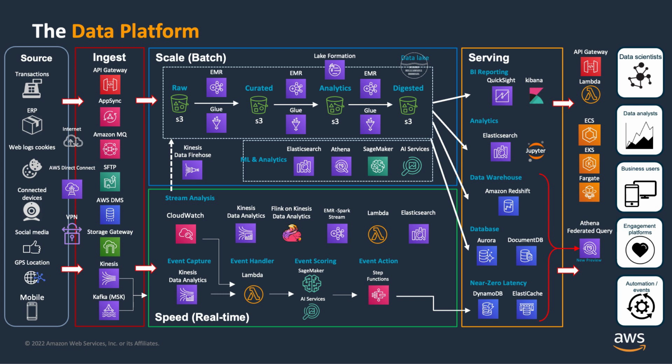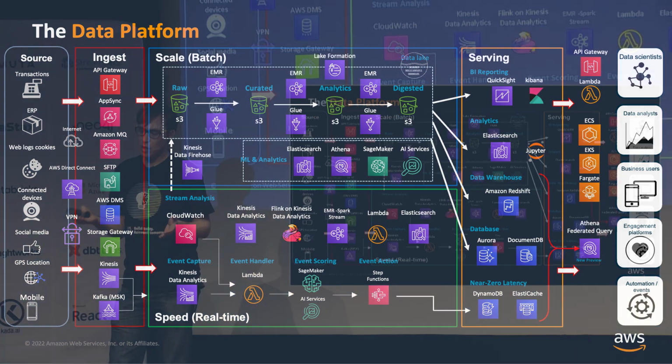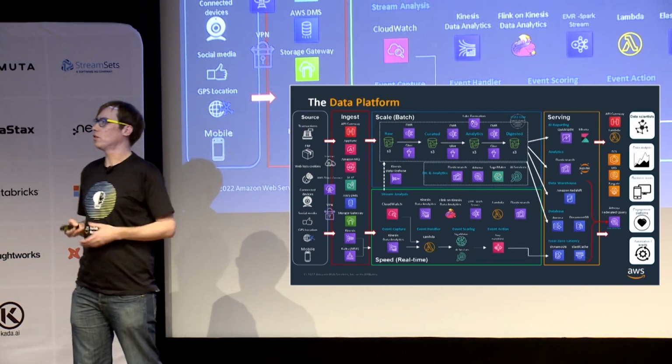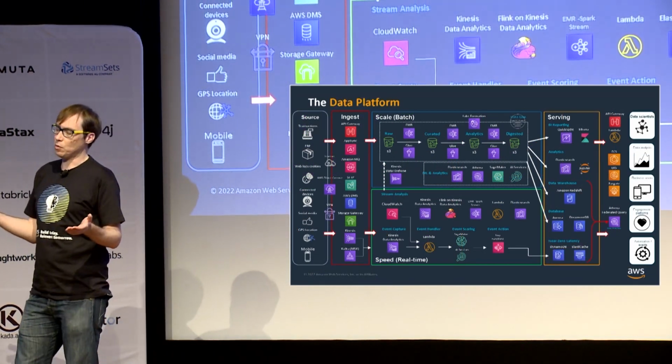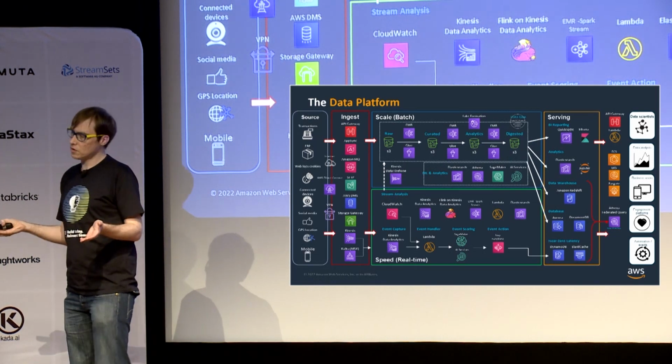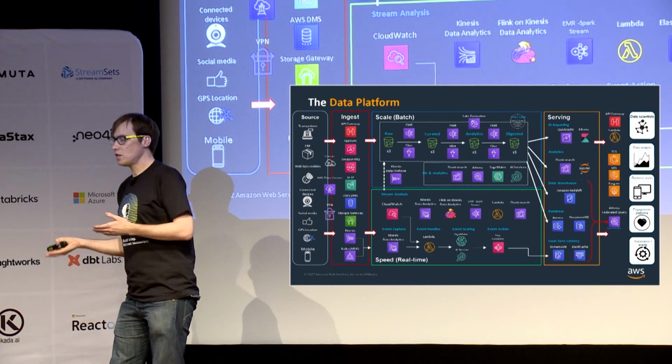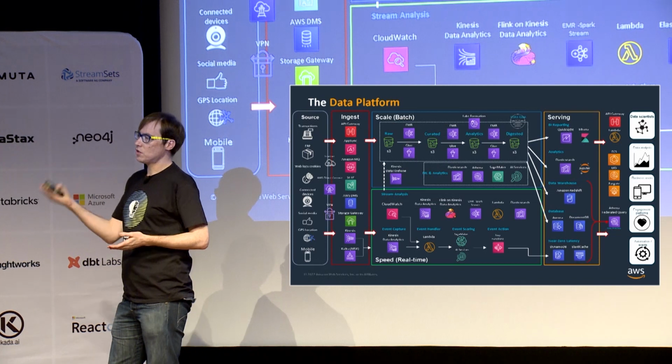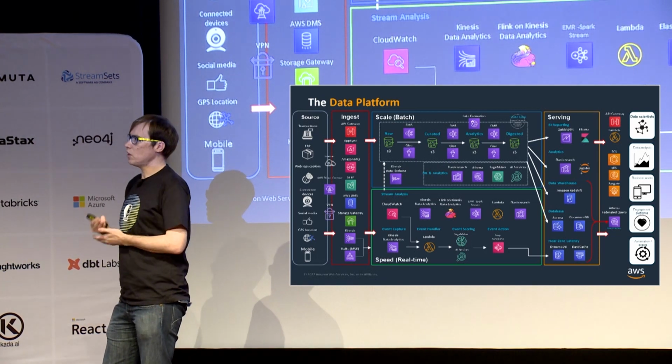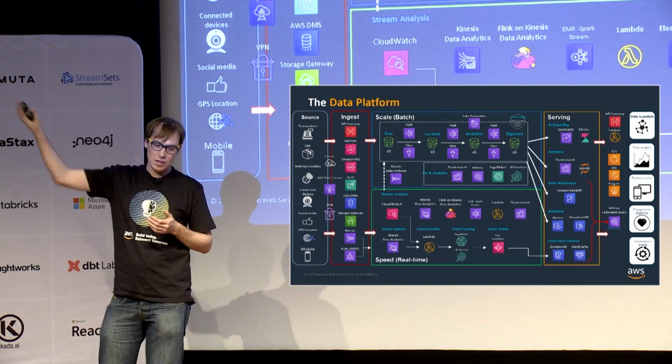So a data engineer wants to solve all of these challenges. A data engineer would like to create a data platform to solve this. To create a data platform, at AWS we have a lot of native services to solve this. So we may want to have real-time data streaming. For real-time data streaming, we may ingest our data from Kinesis. We may flow through from Kinesis to, let's say, Kinesis Data Analytics to join that to other streams. There's a lot of things to consider here.